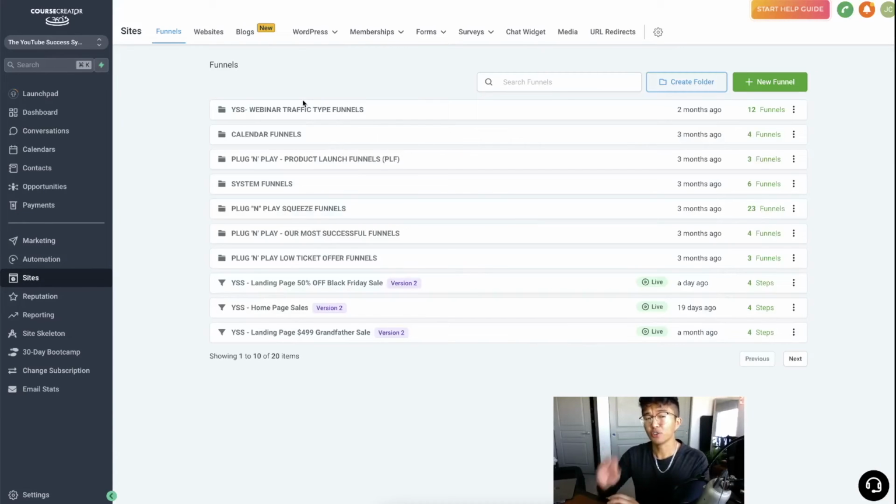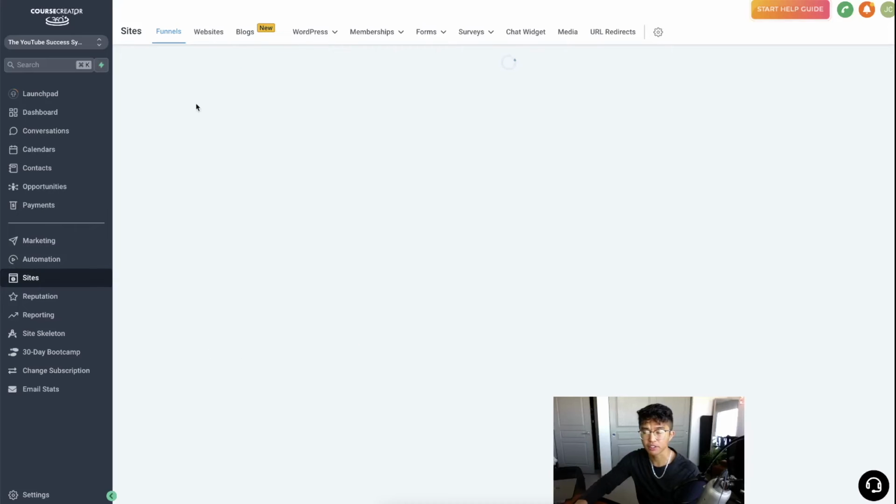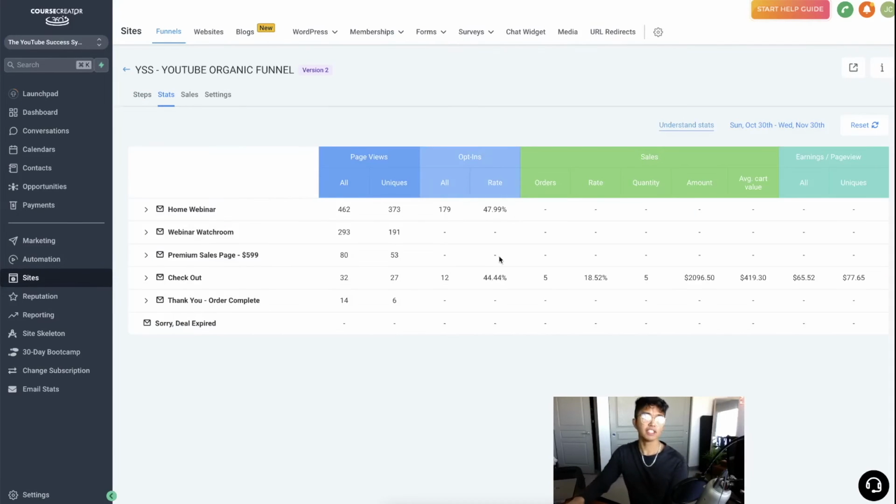Moving on to the other thing that I wish CC360 had, it's a better visualization of how your traffic funnels are converting. This is also something that Kajabi didn't really have, but even so, if you click into one of your funnels, let's say YouTube organic funnel, and then click on stats, you can see the conversion rates on a specific funnel. But what I would like to see is comparing this funnel with my other funnels. I mean, you can do it, but you'd manually have to open multiple tabs in order to compare